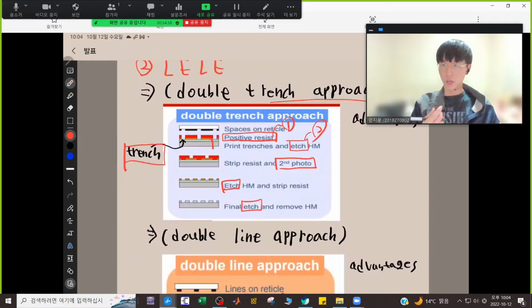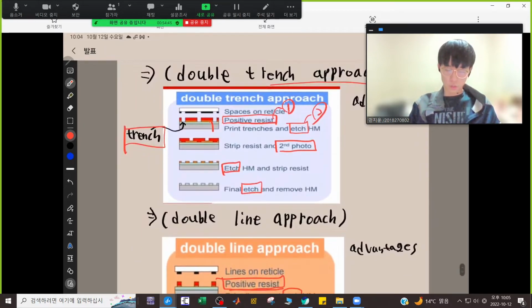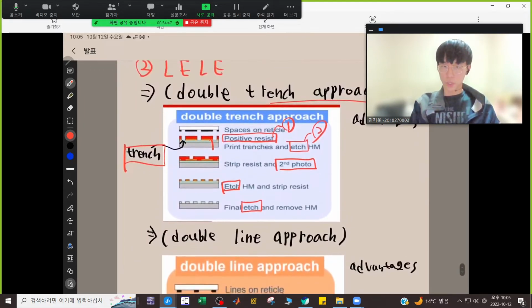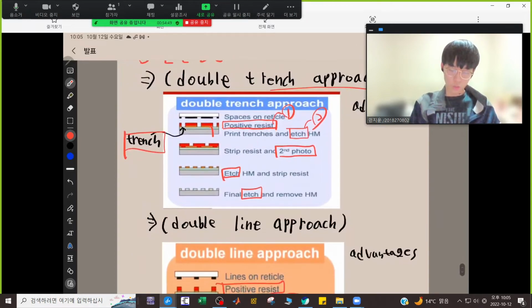This trench has a very small critical dimension, so it is for nano patterning. Next, we also do a second photoresist lithography,